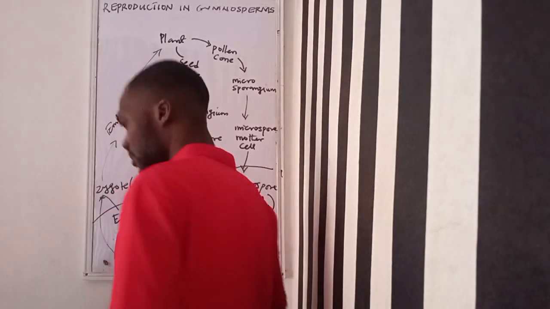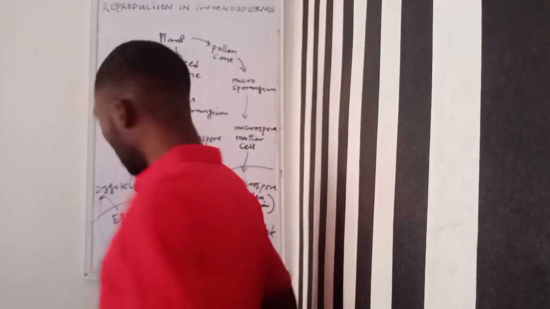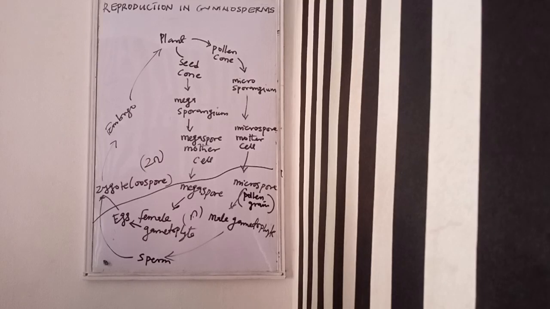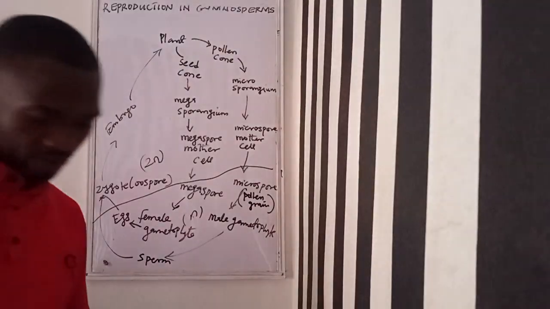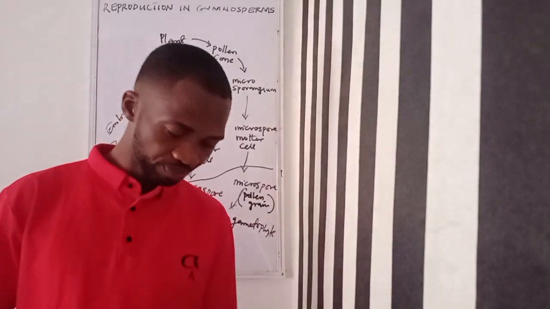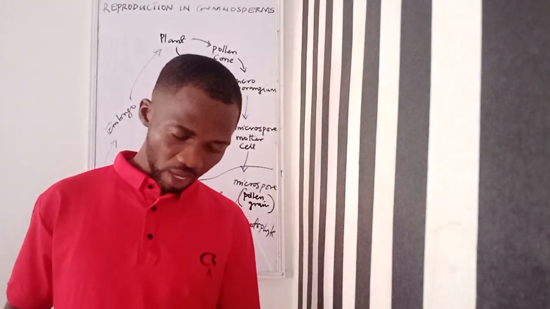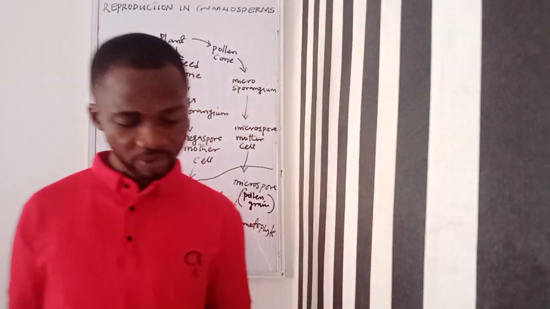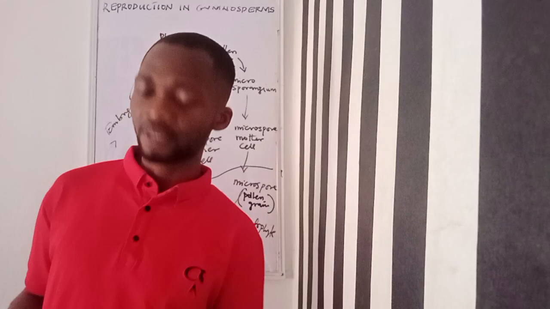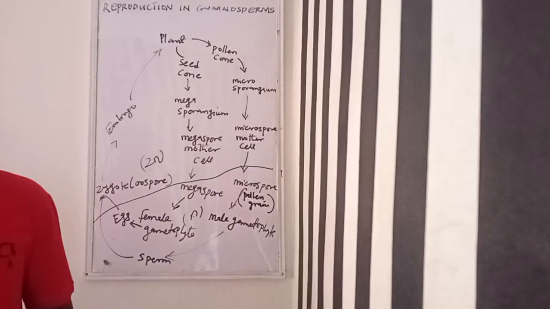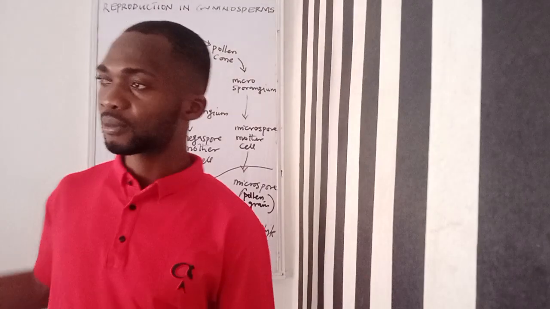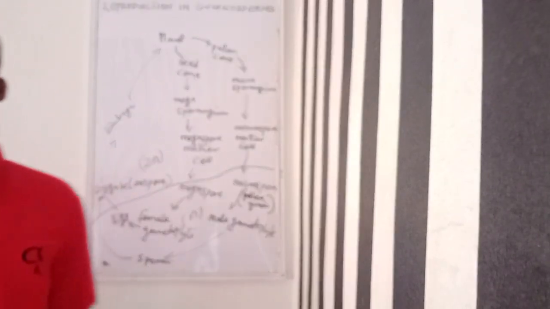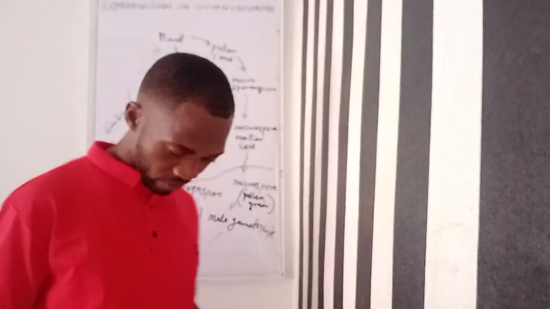All right. So this is how far we can go with respect to the life cycle of gymnosperm. Let's look at other aspects of gymnosperm we haven't mentioned. I know I've talked about pteridosperm, the seed fern. All right, let me just go through some extinct members of gymnosperm and a few other things on the living members of gymnosperm. I will see how far we can go from there.